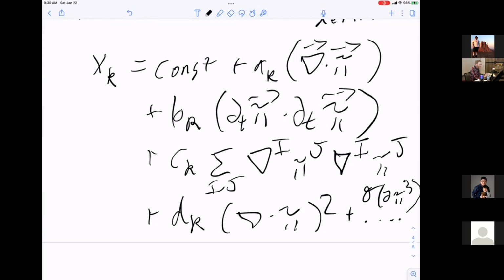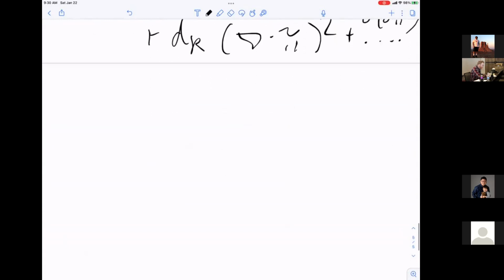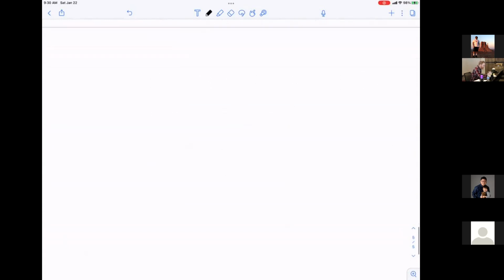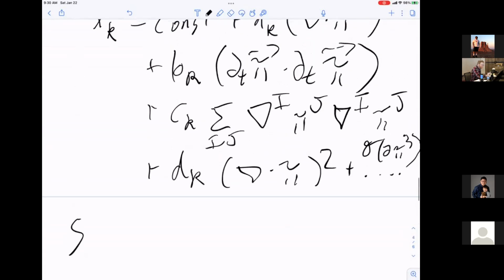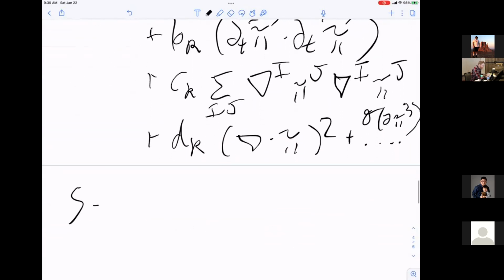The important point is that I have basically two different structures. I have this divergent structure. I have this time derivative structure. And then I have sort of this, what I call the transverse structure. Like I said, I'll tell you why I really call that the transverse structure later. And now, when I expand my action, since these are the only three structures that I find, when I expand the action in this power counting that I wrote down earlier,